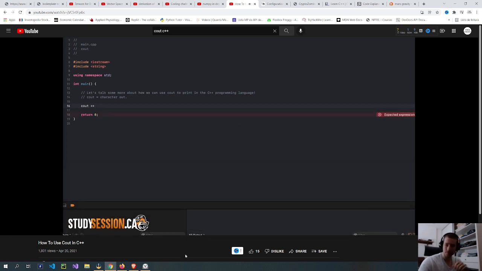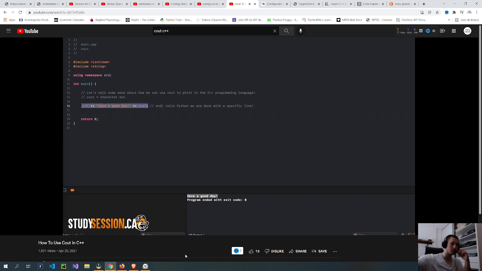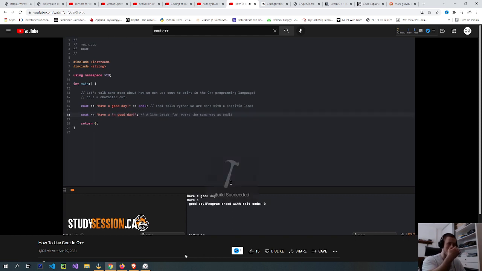Then we need to enter the string that we want printed to our output console. And we said that we wanted to print have a good day, so let's just enter that. And although not necessary in this particular example, it is a good habit to end our line using endl. This tells C++ that we are finished with our particular line. Then, when we build and run this program, you can see that we are printed out the line that we wanted. I should also mention that instead of endl, you could add in a line break using \n like so. And you can see that the same result is achieved. These two methods have their own benefits. For example, the new line character \n can be used to break up two lines in the same string, like so. Whereas the endl manipulator flushes the buffer, but that is a topic for a much further video. For now, really either method will work. However, I typically use endl, so that is what you'll see more often throughout this course.